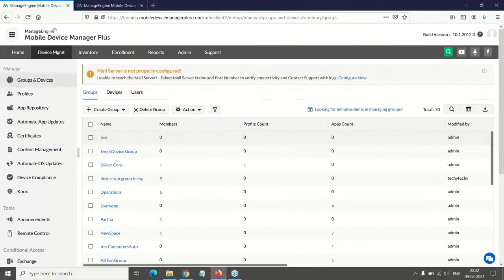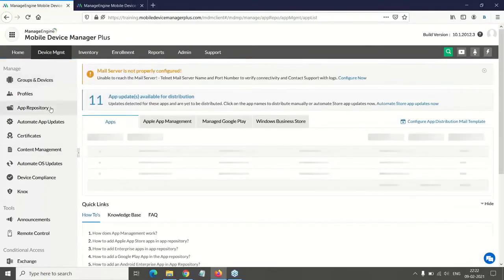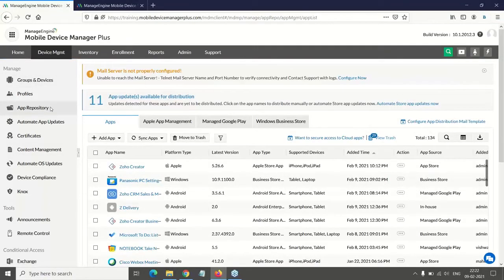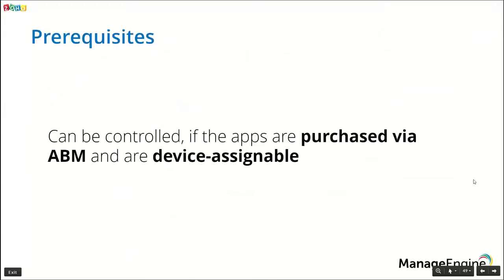So whenever an update is available for an app on the device, it will be posted under app repository. But the prerequisite for it is that the application should be purchased from ABM or managed Google Play, and it should be device assignable.